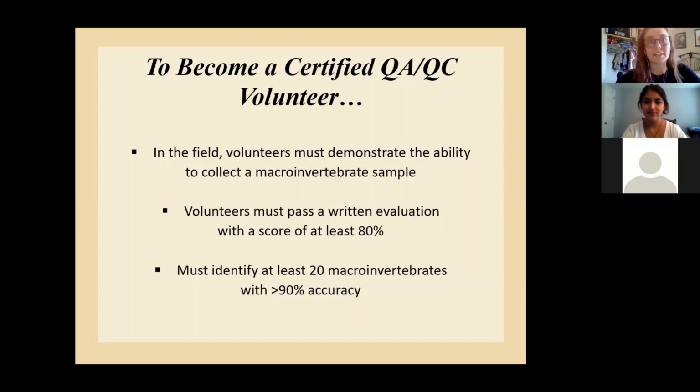But in order to become a certified volunteer, there are a few steps. The first thing is just getting started with a workshop, and this is the first part of that for all of y'all that are here with us today. We're going to provide you with some background information and pretty much everything you need to know to pass our certification test. That's the written evaluation. We like to say quiz because test can sound intimidating, because it's definitely not too bad, but there are some things we just want you to be aware of, so that we're all on the same page.